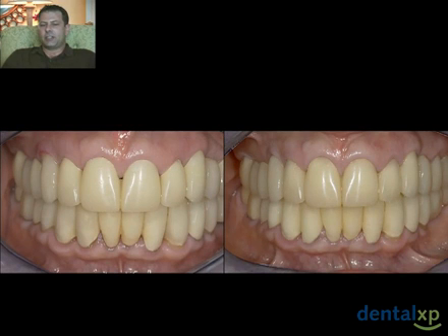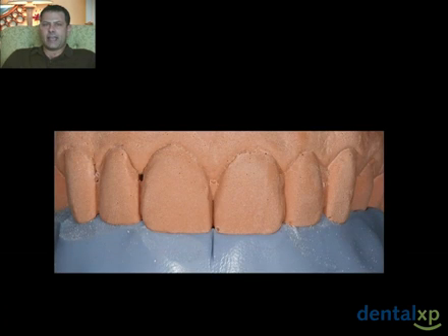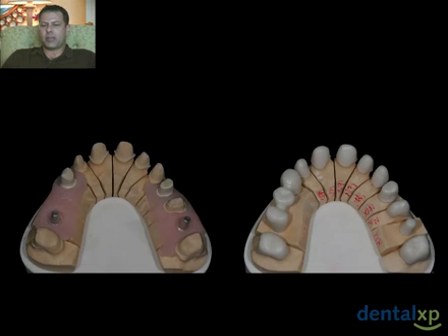So this is after some healing. You can see on the left-hand side the soft tissue around the canine is a little inflamed, while on the right it's healed for about a week. We've now made the soft tissue levels of the canines the same on either side, and now we're going to take an impression of the temporary, make a matrix so that we have a predictable way of restoring these teeth